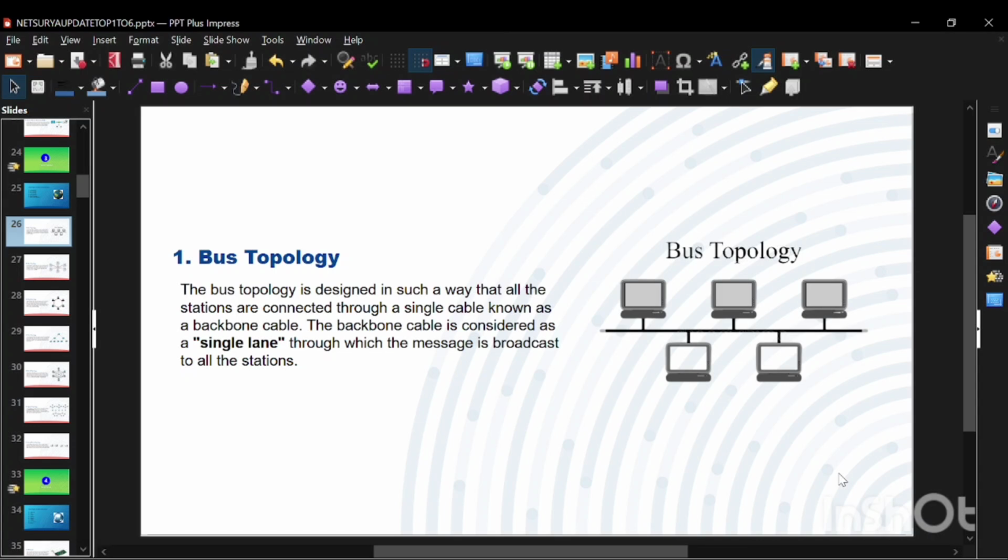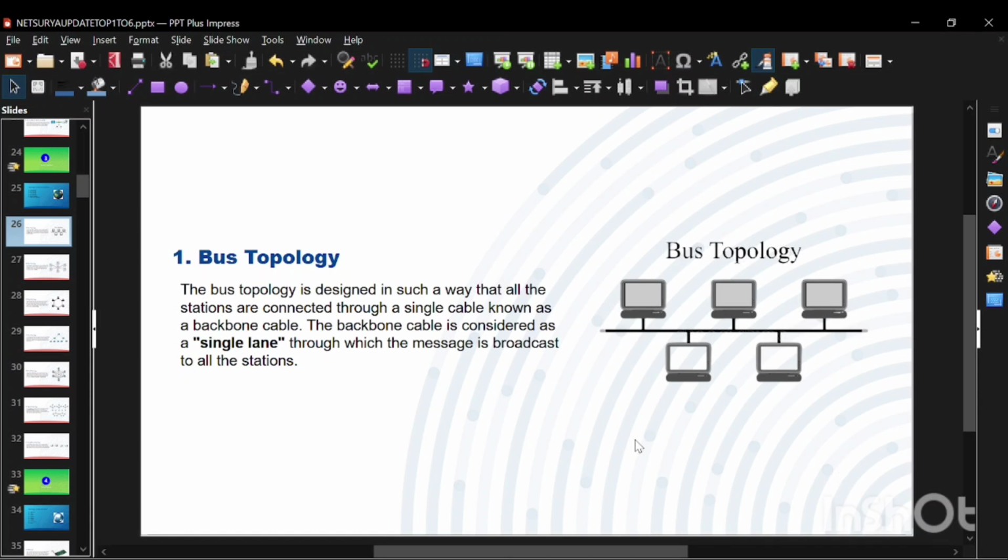So what is bus topology? Imagine an old style office where one single cable runs across the whole floor and every computer is connected to that same cable. It's like a long power extension cord where everyone plugs in their laptop. Bus topology was used in small offices and classrooms back in the day because it was cheap and easy to set up. But if that main cable broke, the whole network system goes down.